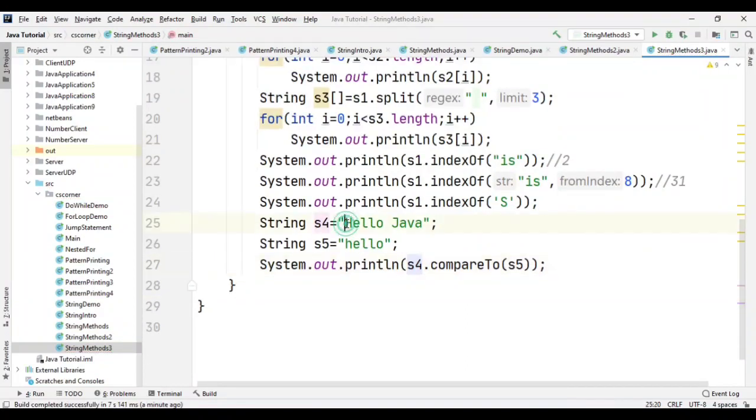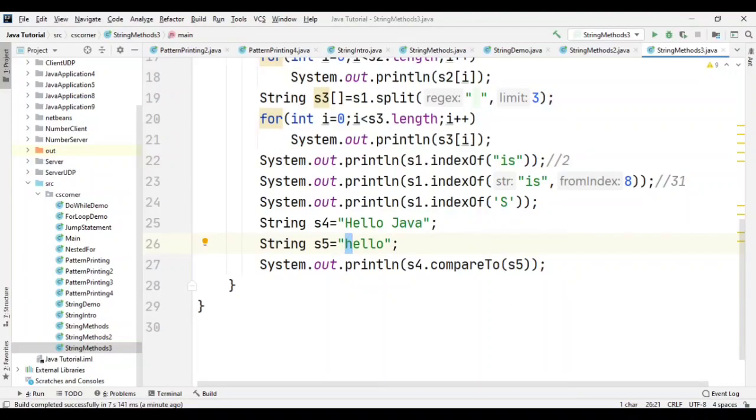You can see here I am having capital H, here I am having small h, and the rest of these values are same. So this is going to be compared with this value. Here they are not matching. The ASCII value of capital H will be taken and it will be compared with ASCII value of smaller h. Always the ASCII value of small letters is greater as compared to capital letters.